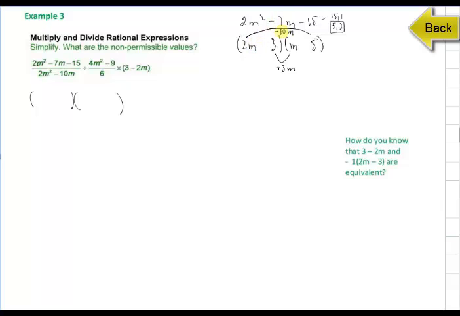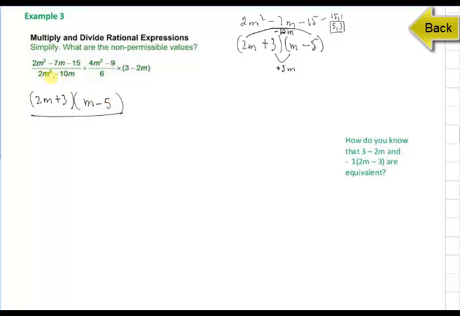So in order to get the negative 10, I have to make the 5 negative, because 2m times negative 5 will give me negative 10m. And then to get the positive 3m, I make the 3 positive because positive 3 times m will give me positive 3m. One other thing to check is to make sure that positive 3 times negative 5 is negative 15, and it is. Okay, so that gives me 2m plus 3 times m minus 5 over